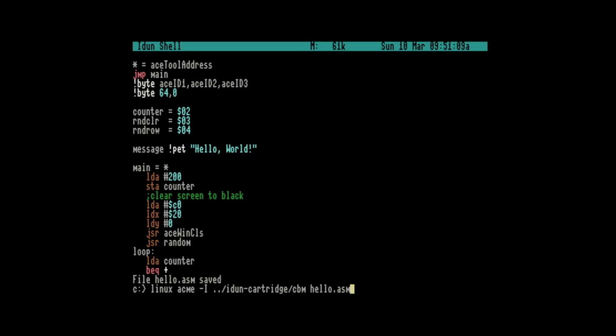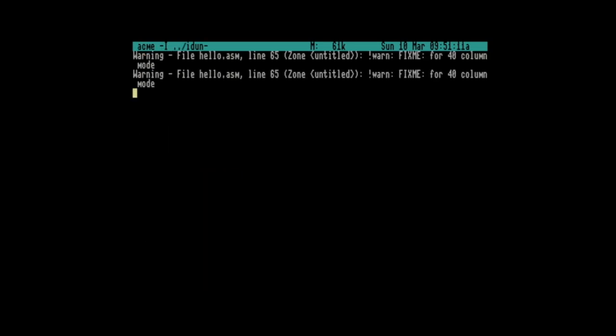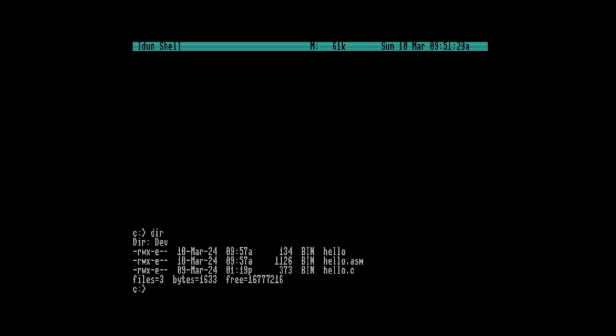And that's all we need. Press return. You can see we get the warning about fix me for the 40 column mode. And it's done. It takes literally fractions of a second to assemble the program. And if we look at our directory now, you'll see we have this 134 byte binary for hello, which maybe